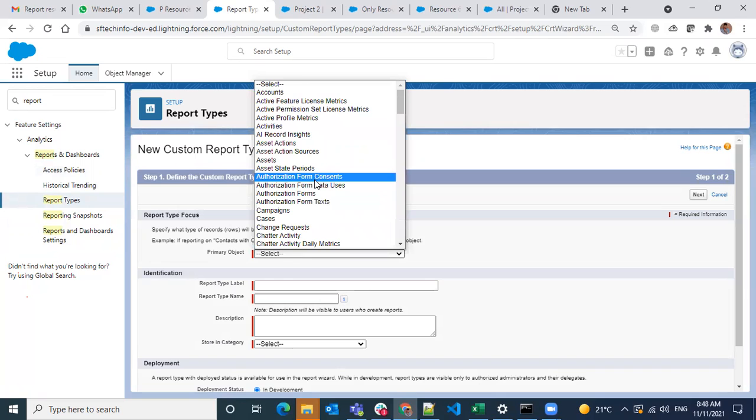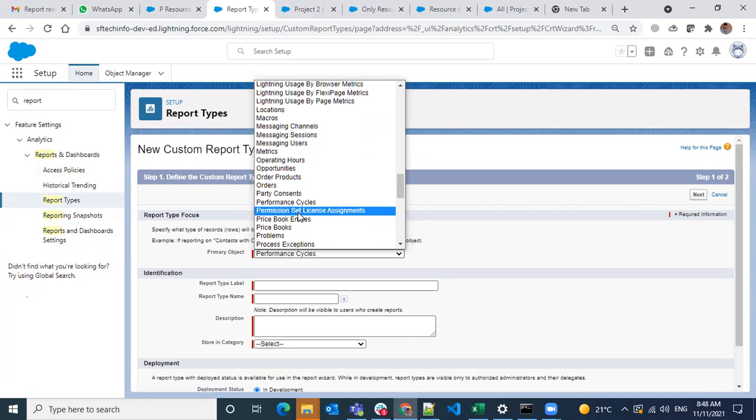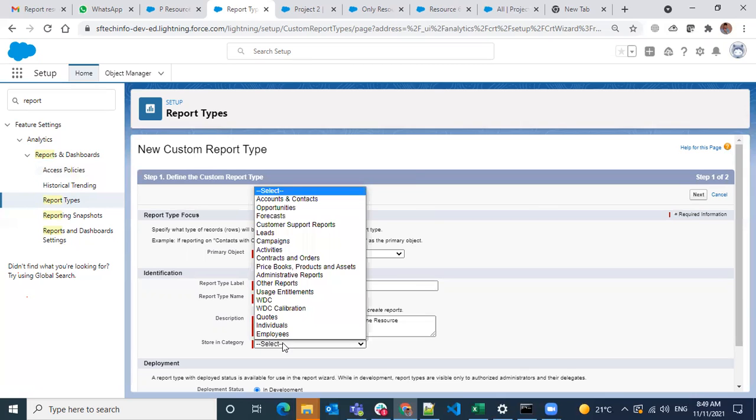The base or primary object will be projects, and projects are required with resources. The report type is projects with at least one resource.